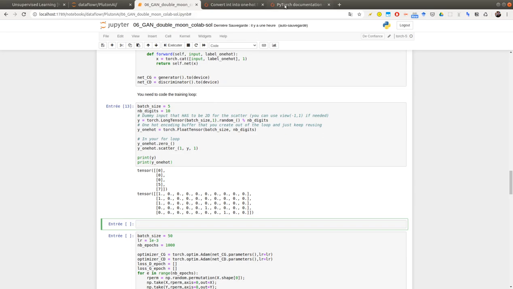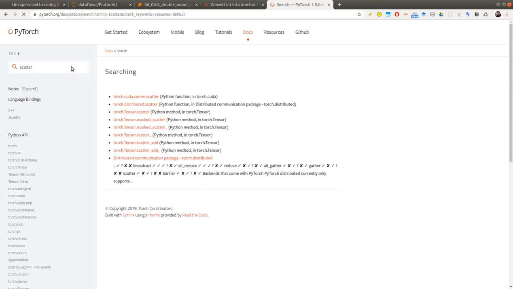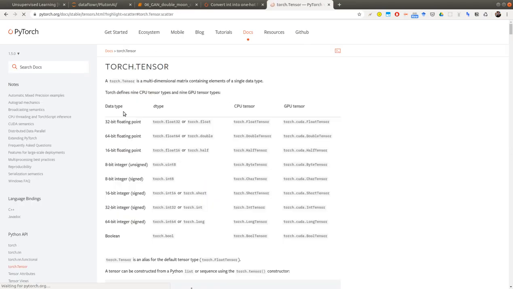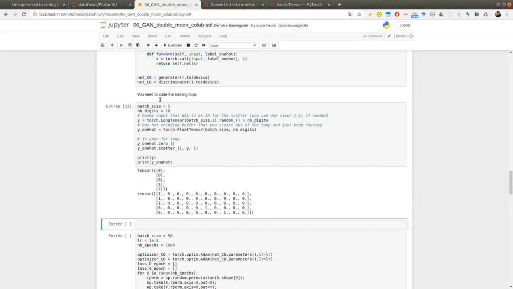So what is scatter doing? This is where the magic seems to come. So scatter: dim, index, source. It writes all values from the source into self, at the positions given in the index tensor. So this first one is for the dimension.